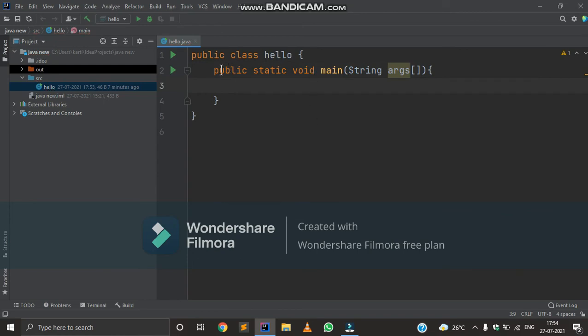Here you can see that the header of this method is this whole line, and the name of this method is main, and the parameter for this method is String args, and this curly bracket represents the method body where you can enter your code. So I am simply going to print hello world.